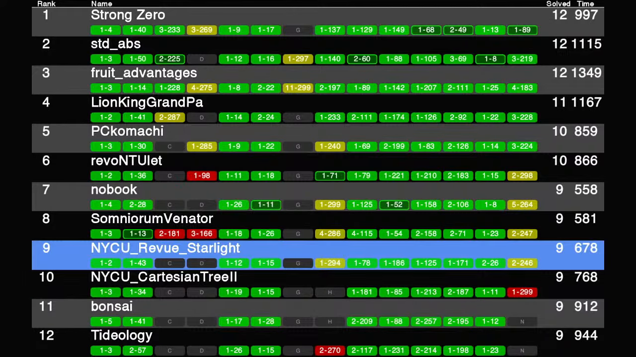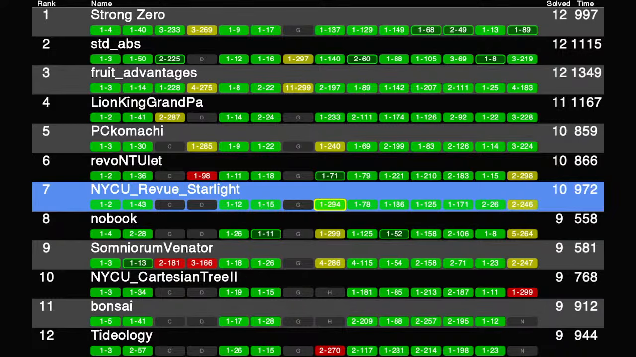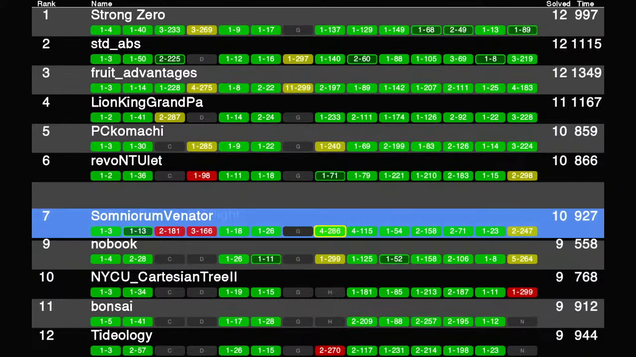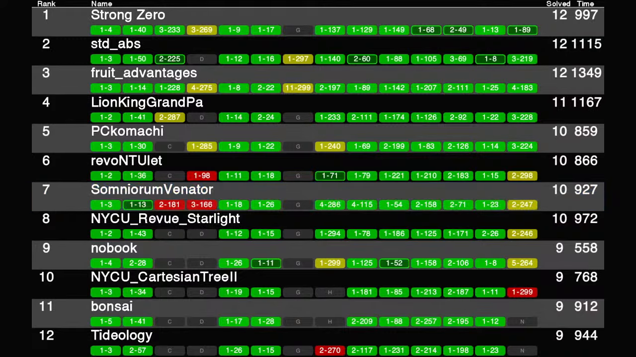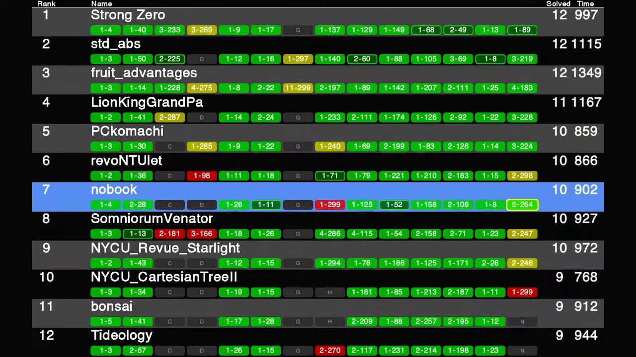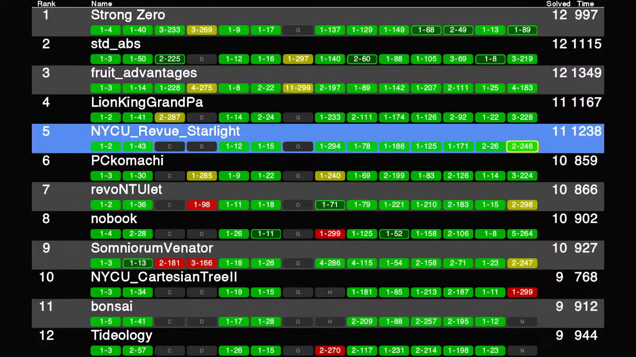The next one is NYCU Review Starlight. They got 2 submissions left. Problem H is a yes. And Somyoran Venator got 2 submissions left. First one on H is a yes. Team Noble on problem H got a no, but they have another submission on problem N. That one is a yes. Team NYCU River Starlight again on problem N is a yes, and we move back to top